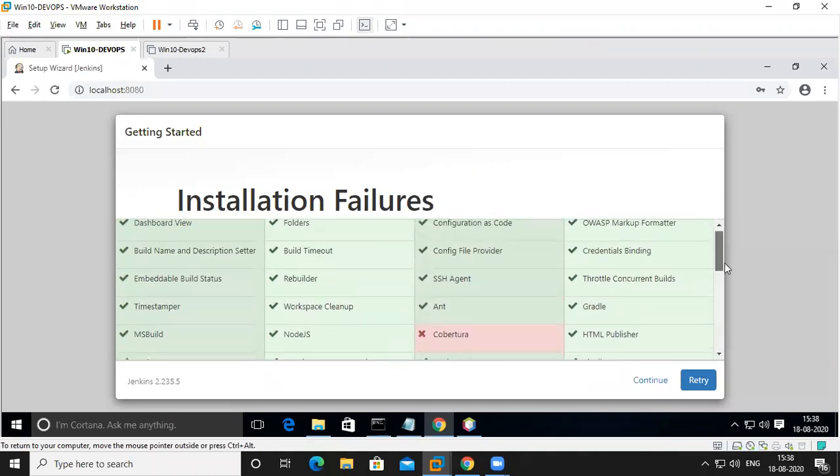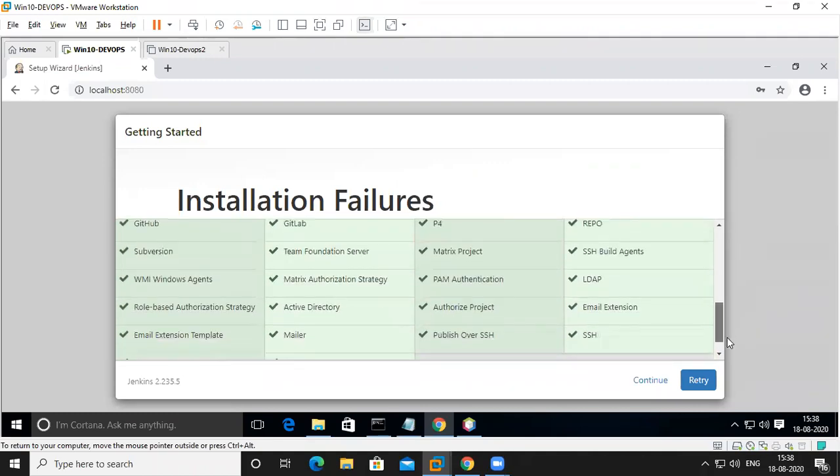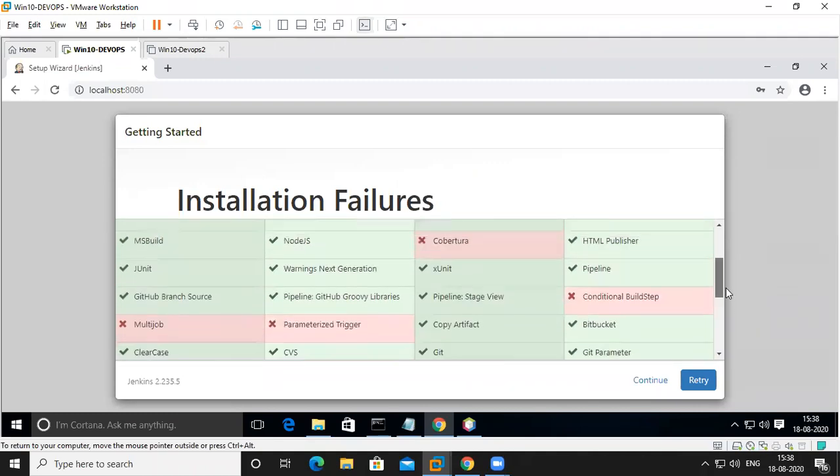JUnit, if you want to do JUnit, is installed. We put everything, right? But a few are not installed. This one, this one, this one, this one. Four are not installed, so we'll see that one later. But the main things are installed, so that's important. Otherwise, earlier we used the second one. You can use the suggested one. I click on continue.